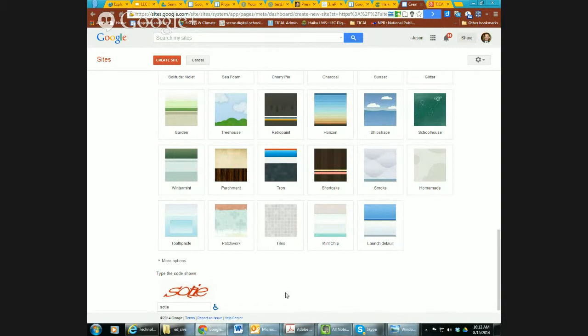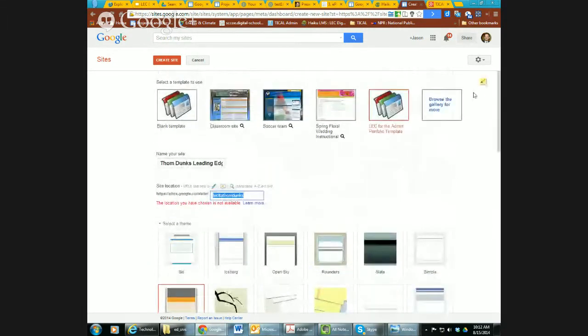All right. If it doesn't create, why didn't it create? Probably something's going on with the URL. So I'm going to scroll back up, and notice the location you've chosen is not available. So Tom must have already created his portfolio with that URL. So we're going to say Tom's name is Tom Dunks, just